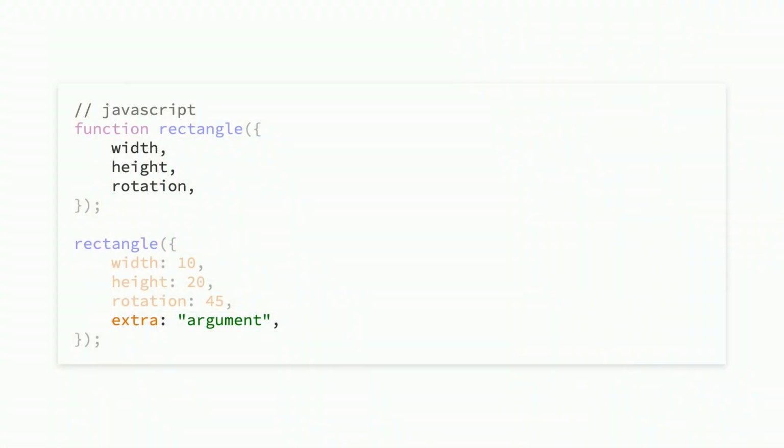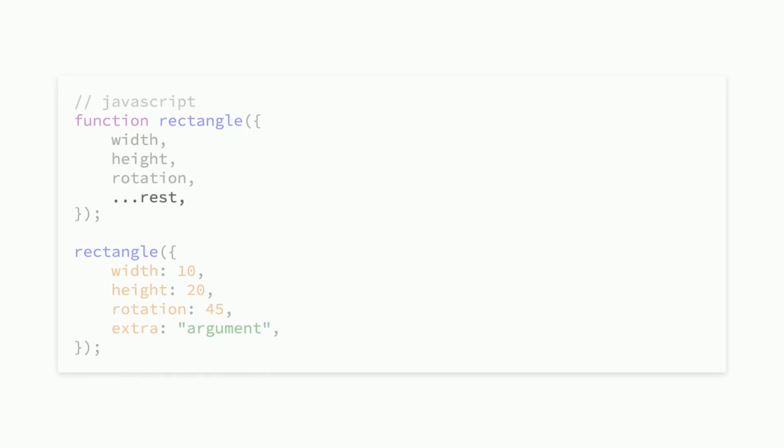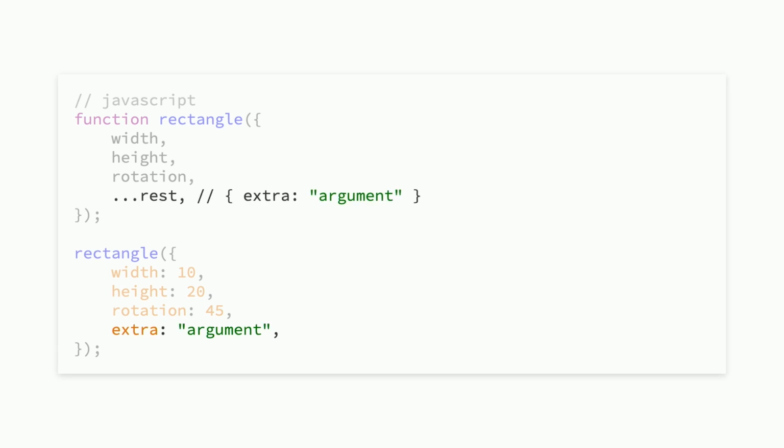And this might make you wonder, what happens if extra properties are passed into these function calls? Well, I'm sorry to disappoint you. In JavaScript, the answer is nothing. They don't get unpacked, and thus they're ignored. But there is a way to keep them, and that is by using the ellipsis ... rest property. And this allows us to save the remaining properties for whatever they may be needed for.